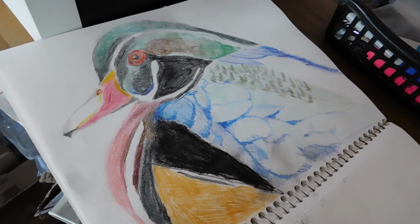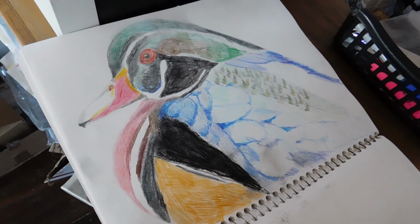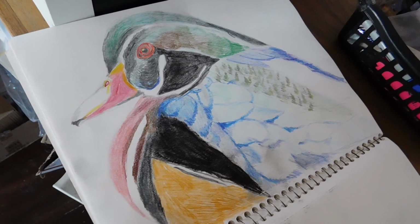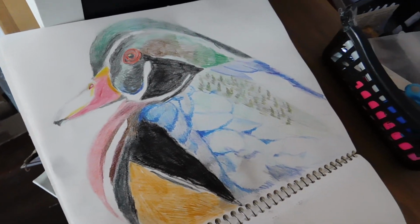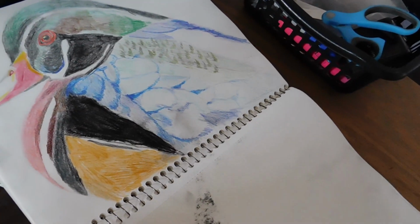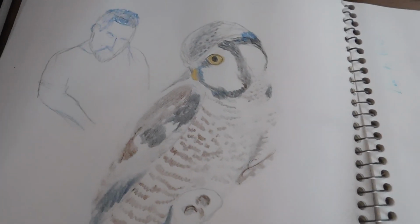Okay, so I didn't shoot any video at the Taco Bell Drawing Club last night, but I'll show you what I've done the last 3 weeks. I've probably already showed you this duck before, but I didn't quite finish him, but I think that was the best thing I've done. He was the first night I went. And then I did this bird,